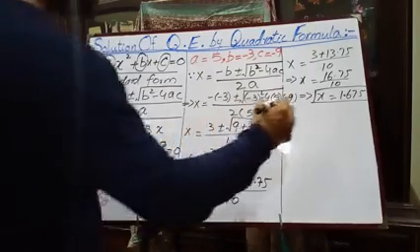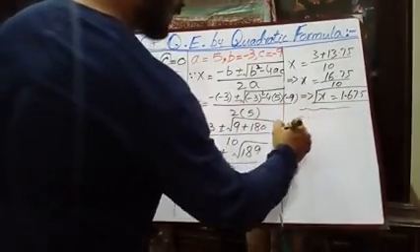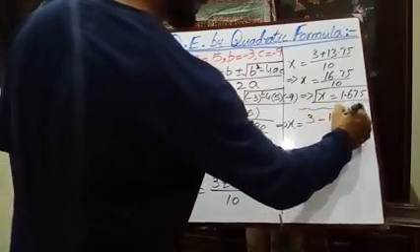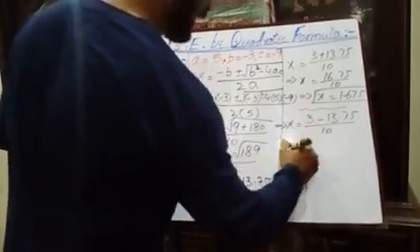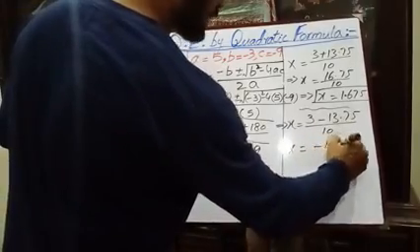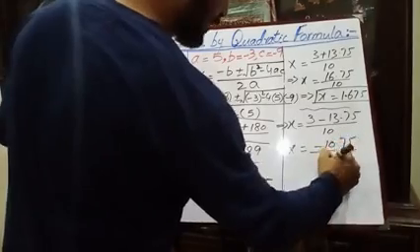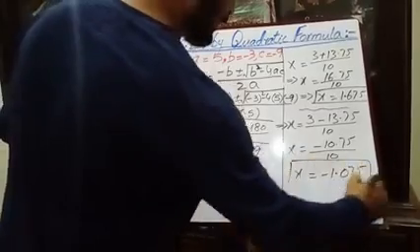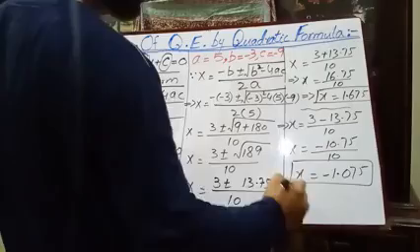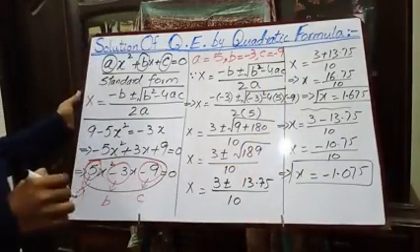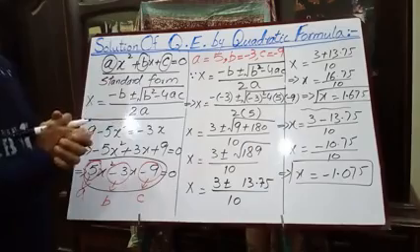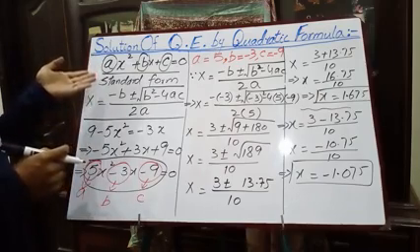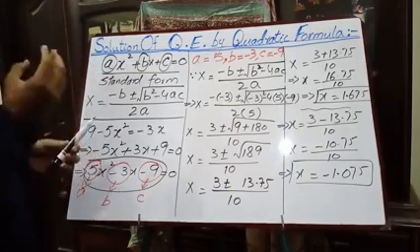The second will be: x will also be taken as 3 minus 13.75 divided by 10. So x will be equal to minus 10.75 divided by 10. So x will be equal to minus 1.075. So these are the two solutions of this equation. This is the easiest way to solve a quadratic equation because there is no need to make factors. The thinking process is short.